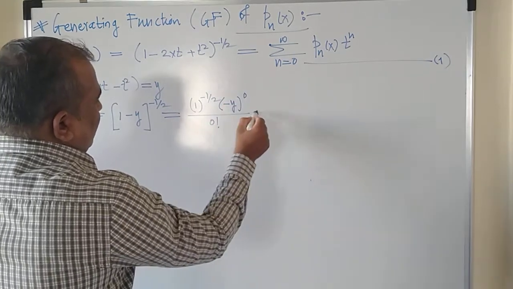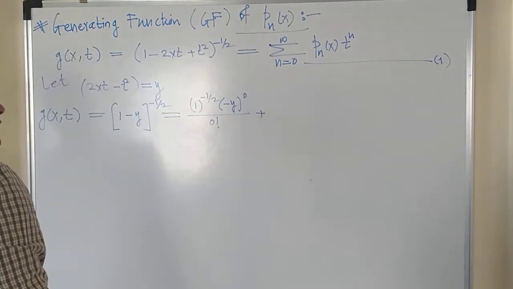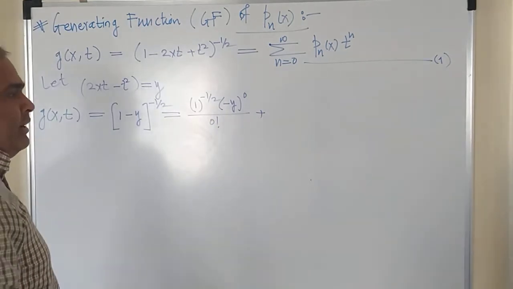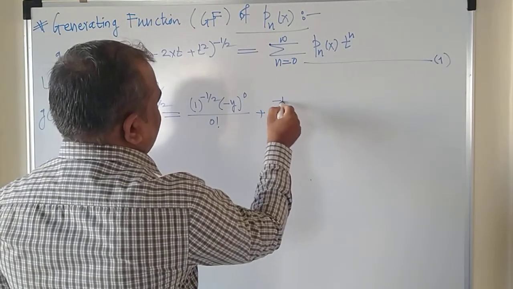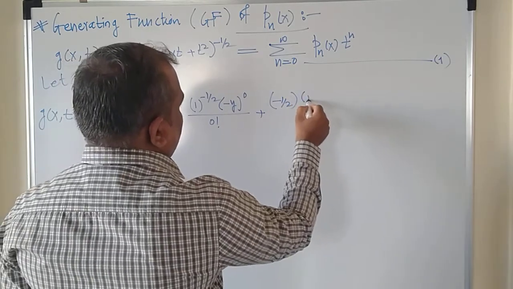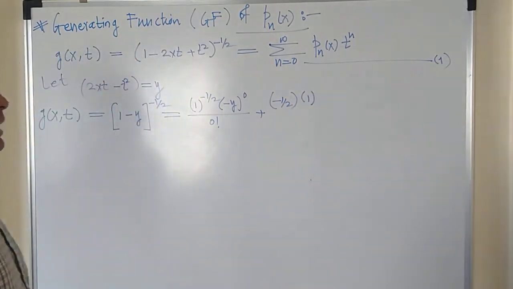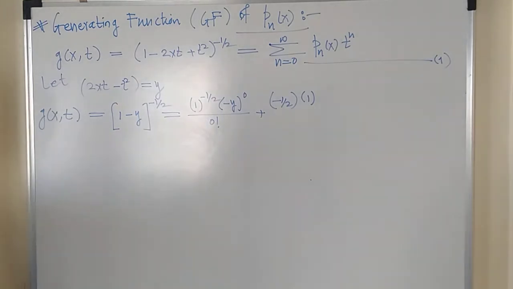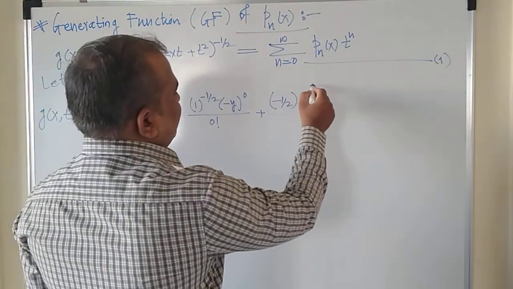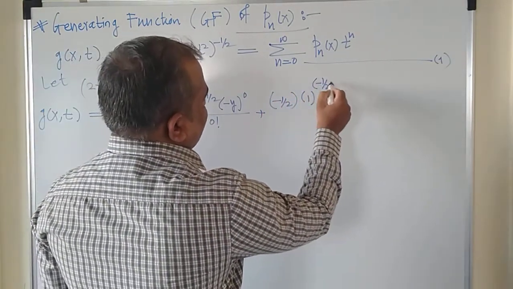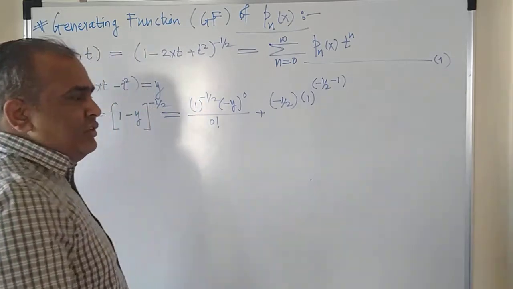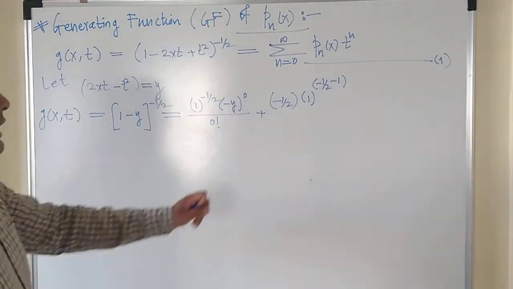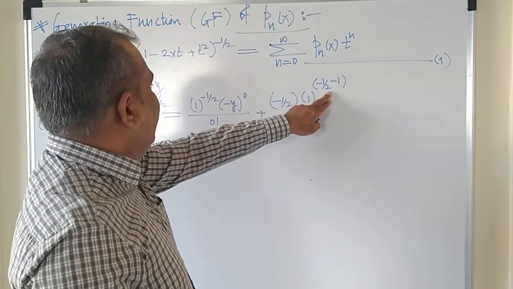upon 0 factorial, plus the second term, n a raised to n minus 1. Now n is minus half, a raised to power n minus 1, minus half minus 1 will be equal to how much? Minus 3 by 2, isn't it? Or for simplicity you can write it as it is. So its power will be minus half minus 1, and in the next step you can simplify that. N a raised to n minus 1